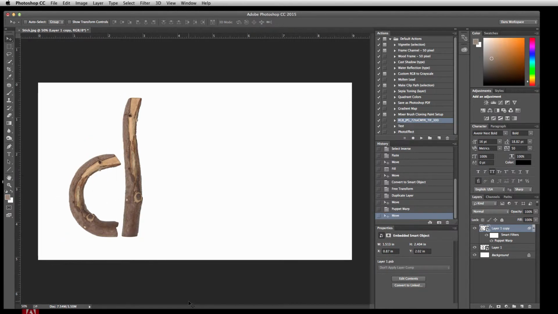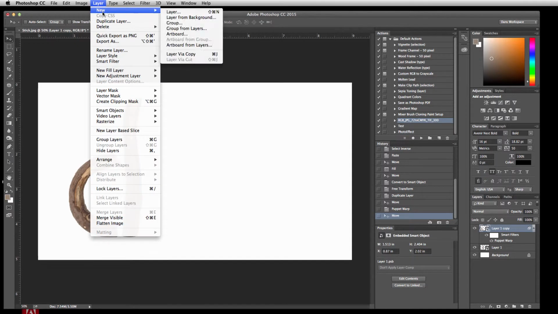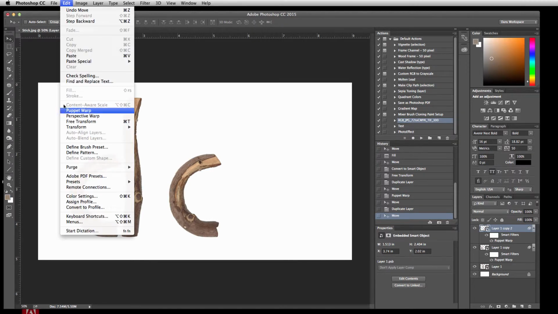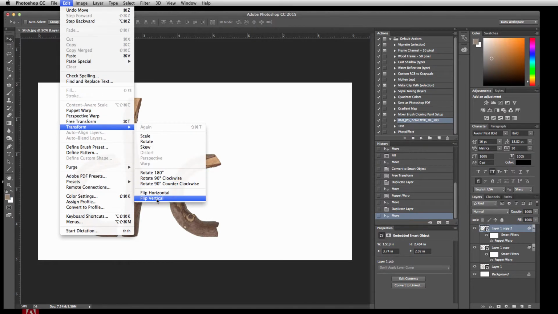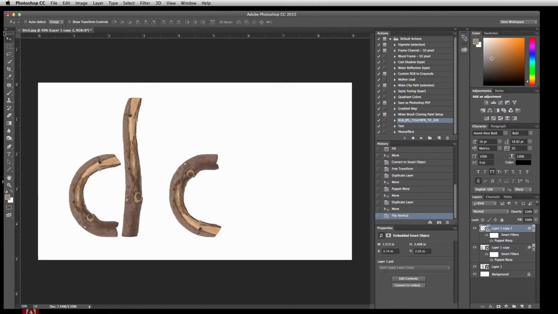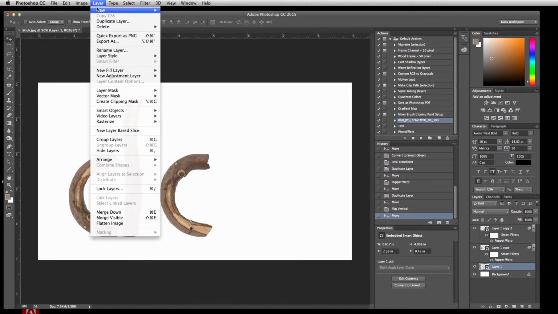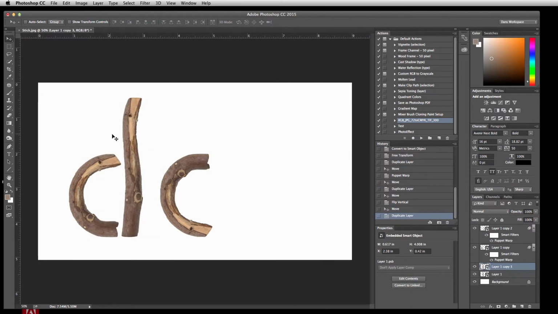All right. So I could actually probably use this again for the next letter, which would be A. So I'm going to try to layer duplicate. Click OK. Move this over here. Now, if I don't want it to look exactly the same, I could always go to Edit, Transform, and flip vertical. So we get it looking a little bit different, just for fun. Then let's see, what else can I do? I'll grab the straight layer, layer 1, and just keep track of which layer is which. Duplicate that. So for the A,